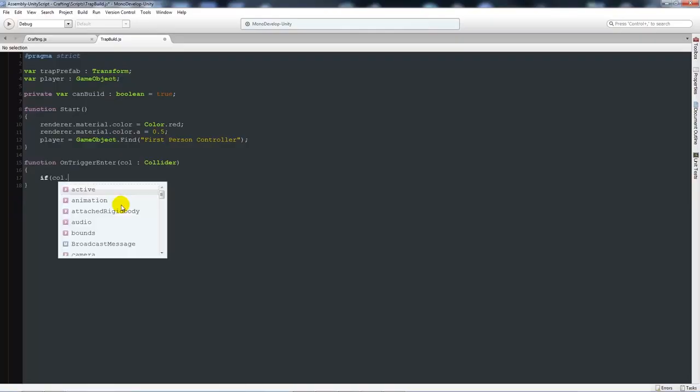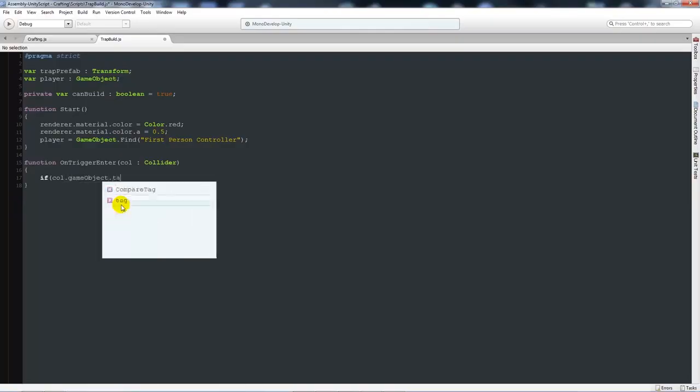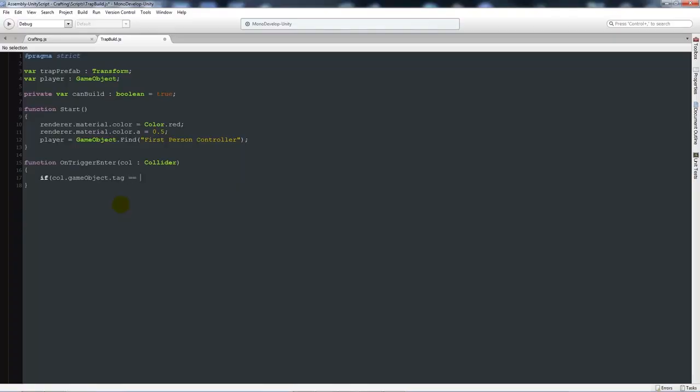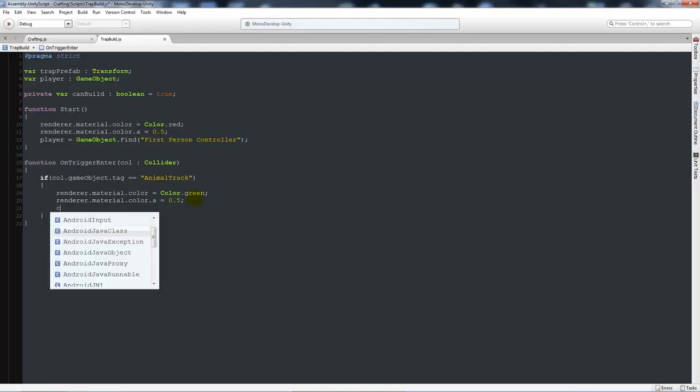So col.gameObject.tag is equal to animal track, and then we'll close that up. That's the tag that we initially set for the actual collider. We'll add 2 curly brackets below there, and copy the 2 renderer.material lines from above, paste them in here, and then say Color.green. Then we'll say can build